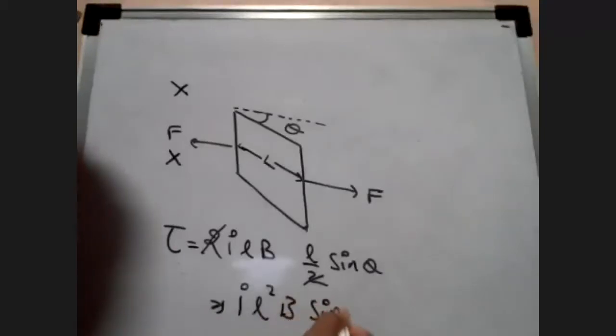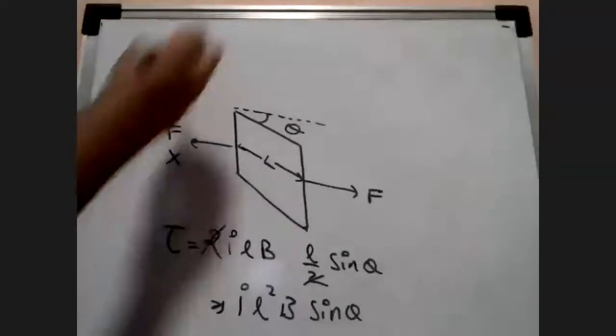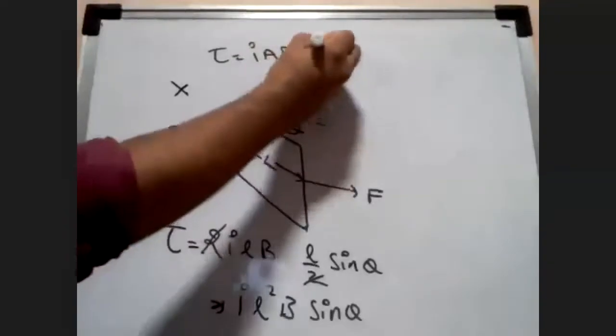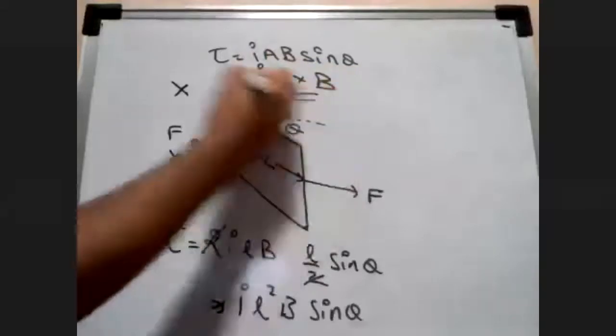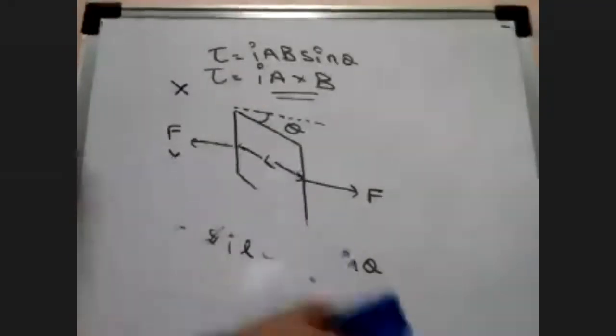Now this was not by heart for me. Basically, I just know that torque is basically force into perpendicular displacement. So that helps me to understand and to derive this expression so easily. I know L square is A, so I can just write that torque is basically equal to I A B sine theta, and of course A B sine theta can be written as I A cross B. That's it. That's as easy as it gets. In case you forget, you always know. So this was case number 2. Yes or no, students? This is all clear with you? Can we proceed further?